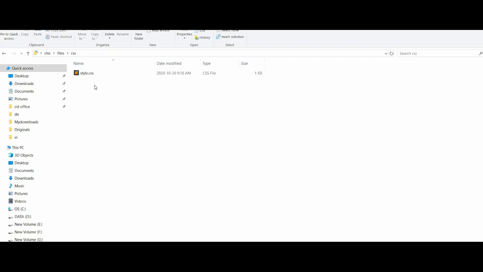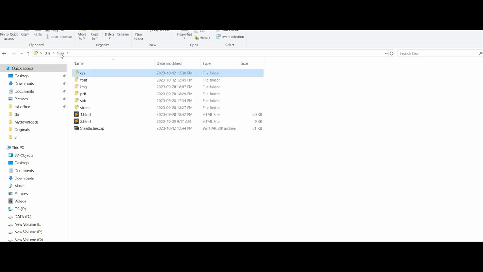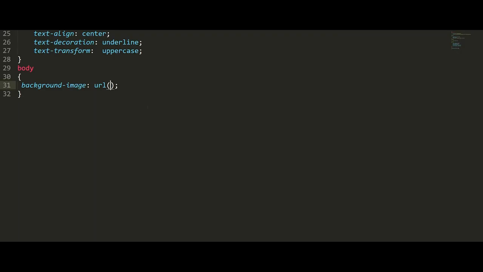Nothing is found in the parallel of this style.css, so I want to go back. So for going back, ../ one step.